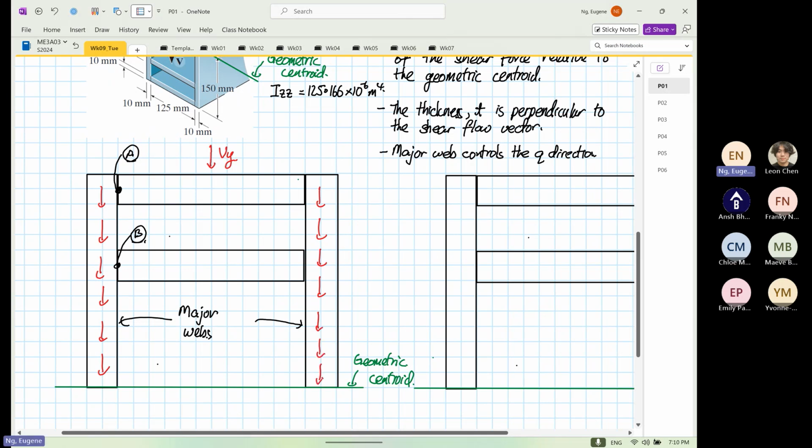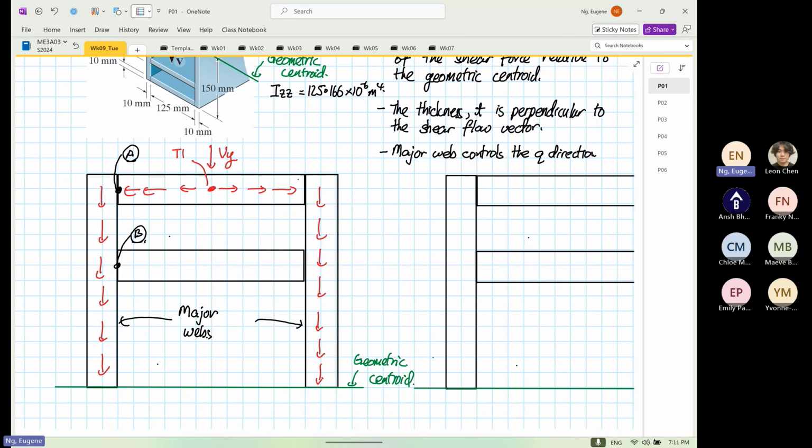Right? So we know over here, this is our terminal. Okay, so this is our T1, represent terminal. Right? So we will also think, okay, so there's a flange at point A. At point B, we have another flange. Okay, so some of us will think, if at point B there's a flange over there, you want to think